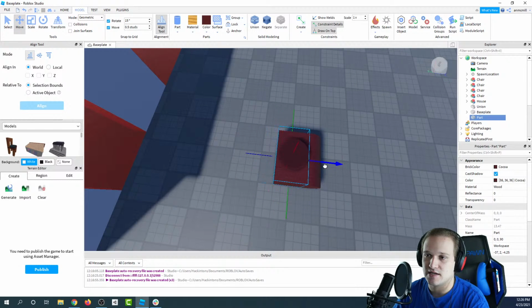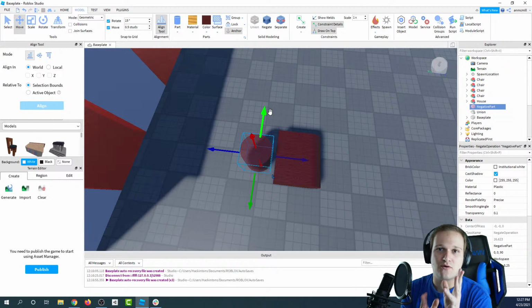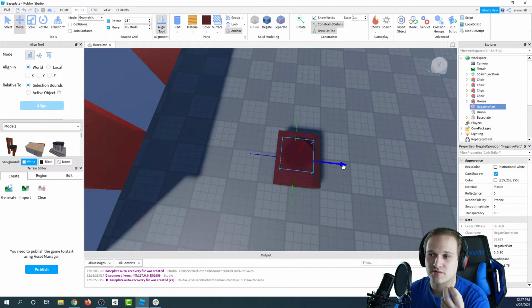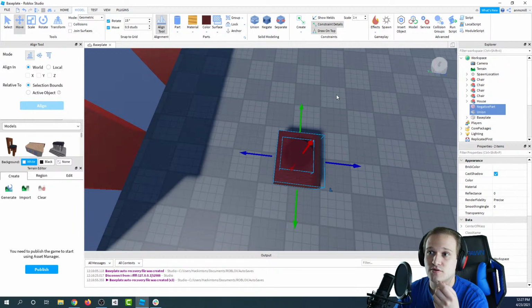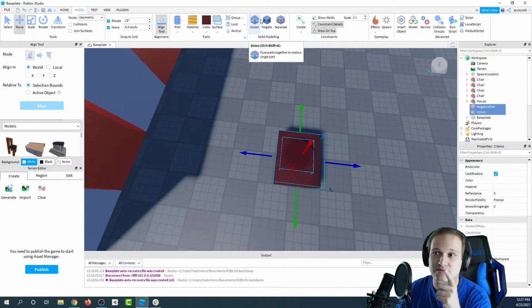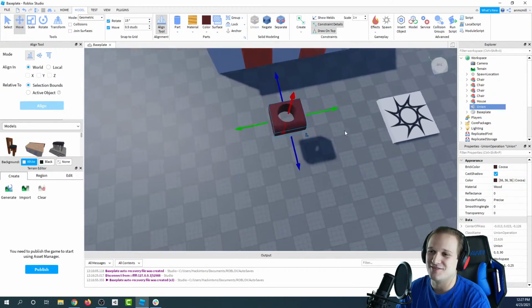We use the negate tool. So what I'm going to do is I'm going to make this a negative part. A negative part isn't a part that we're able to see in the game when it runs, but we can see it in the editor. Basically what this negative part does is it will carve out space in other parts. So if I take a negative part and another part that I've unioned together, for example, I can combine this negative part with this union part. And there we go. Now we've got a hole right in the middle of our